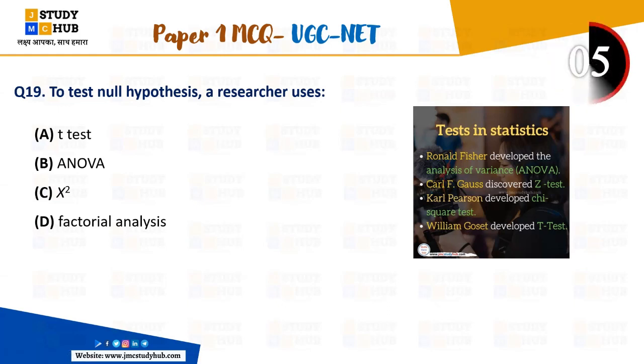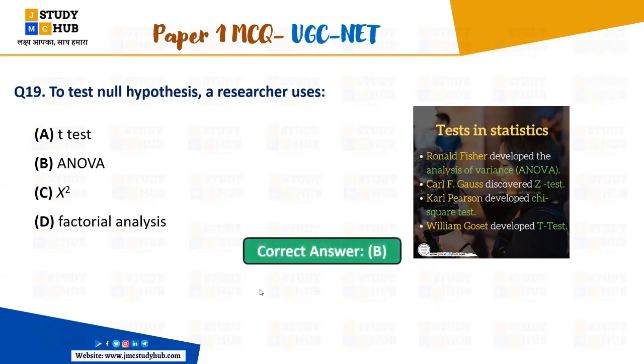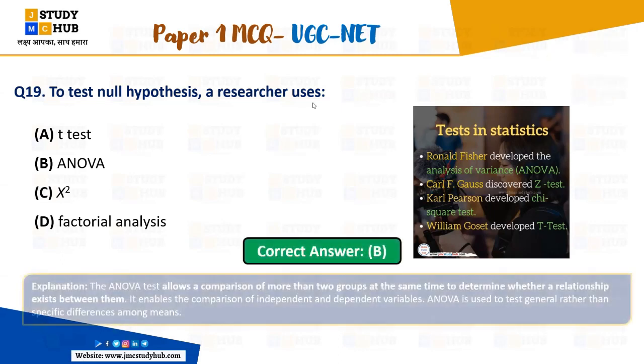What kind of test is used to test the null hypothesis: the t-test, ANOVA, chi-square, or factorial analysis? Yes, very good. चलिए जल्दी से बताएंगे. वैसे तो सभी टेस्ट में ना हमारी हाइपोथेसिस बनती है, राइट? For every test that we make, yes. So who had answer B, right? Majority of the answers were towards B, right?